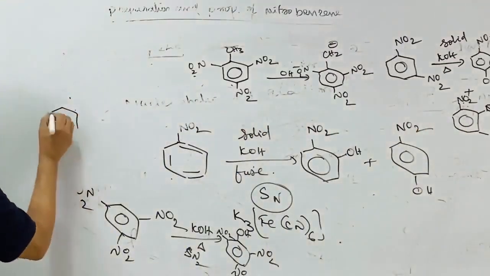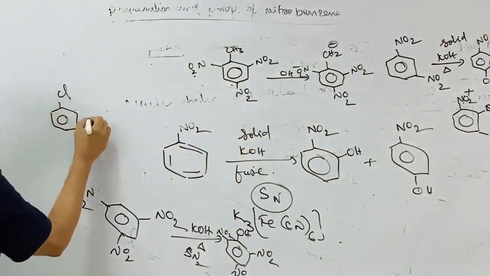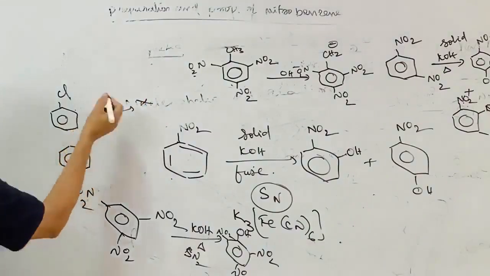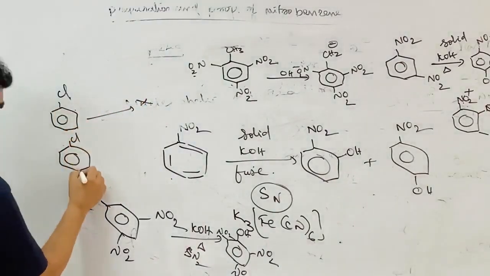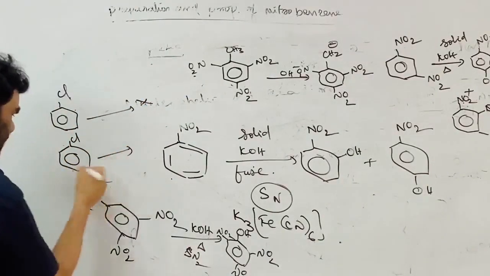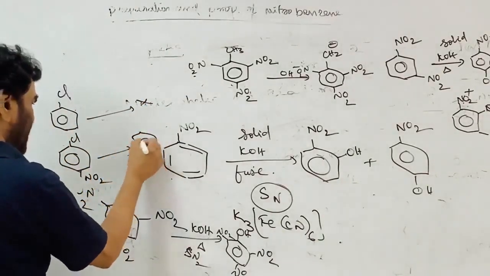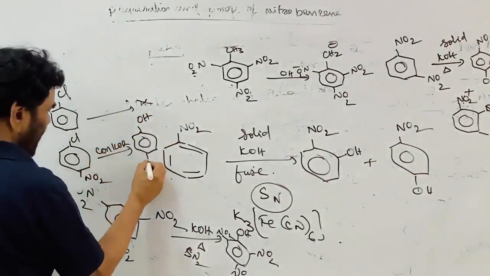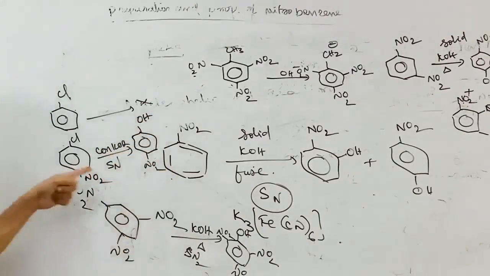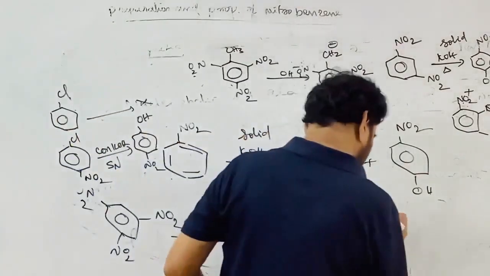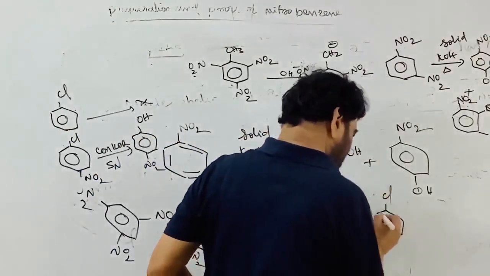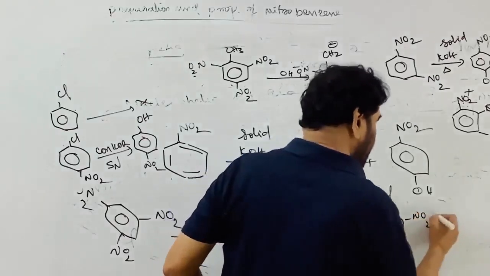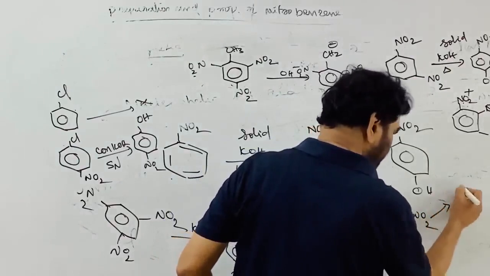So chlorobenzene does not take part in nucleophilic substitution reactions. It does not take part in the reaction, and if forced, it takes part through a benzyne mechanism. If NO2 is present, the presence of NO2 promotes nucleophilic substitution. Cl can be replaced by heating with concentrated KOH or NaOH, that is, SN reaction takes place. If you take 2,4,6-trinitrochlorobenzene, as the number of nitro groups in the molecule increases, even with water,